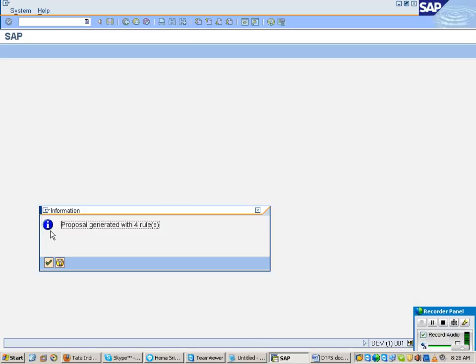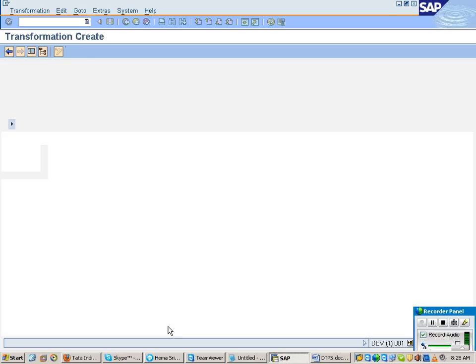Right. So once you create the transformation, what is the system telling? When I say continue, it is telling that proposal generated with 4 rules. The system is saying that it has proposed some transformations. So just observe what transformations it has proposed. Now why is it proposing? Because the properties of your target and the properties of your data source are matching.